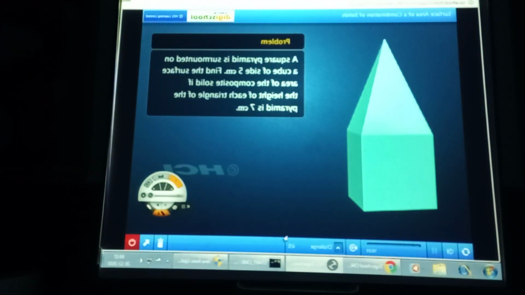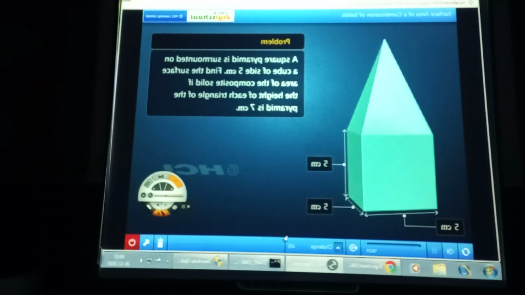A square pyramid is surmounted on a cube of side 5 centimeters. Find the surface area of the composite solid if the height of each triangle of the pyramid is 7 centimeters. हाँ, ध्यान से एक बार इसकी स्टेटमेंट पढ़ें। सम को एक बार हम इसकी प्रॉब्लम देखें कैसे सॉल्व करते हैं।